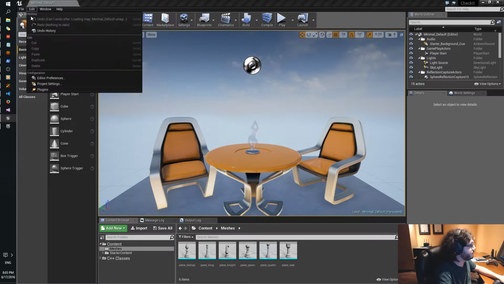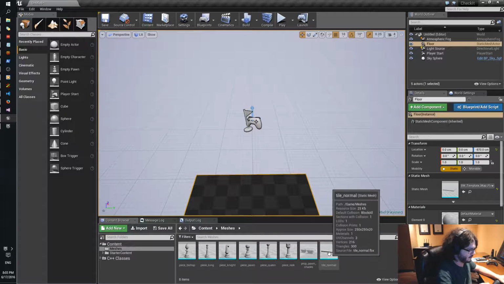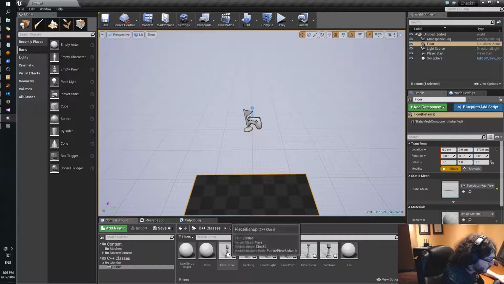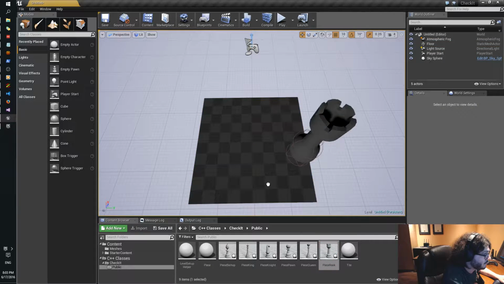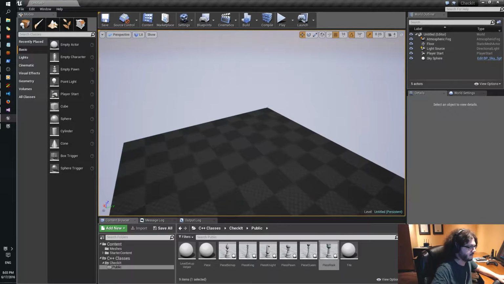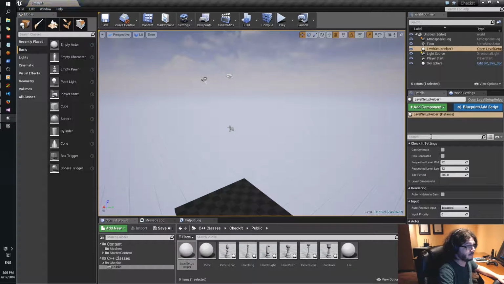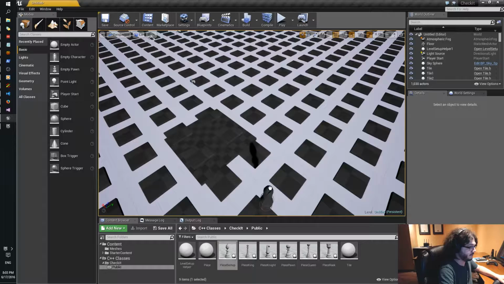Okay, now if we then make a new test level, which will again not save because we just don't have much. Oh cool, it actually has the correct meshes for these now. So there we are. We'll generate. And now we generated, we should be able to place